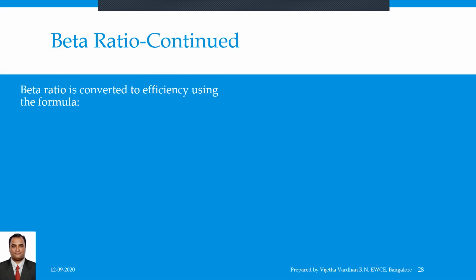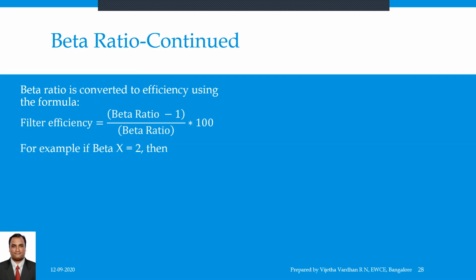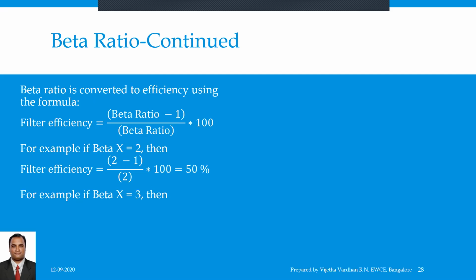Then how do we calculate the filter efficiency from the beta ratio? Filter efficiency is (beta ratio minus 1) divided by beta ratio, into 100. For example, if the value of x is equal to 2, then the filter efficiency becomes (2 minus 1) by 2 into 100, which is nothing but 50%. In the same fashion, if x is equal to 3, then the filter efficiency is calculated as (3 minus 1) by 3 into 100, which comes out to